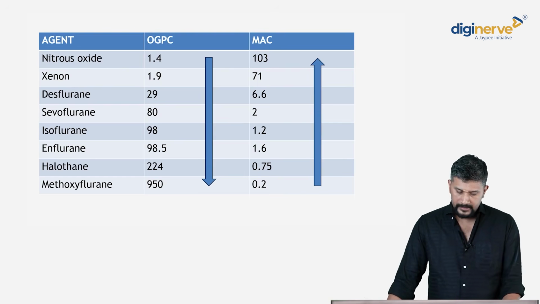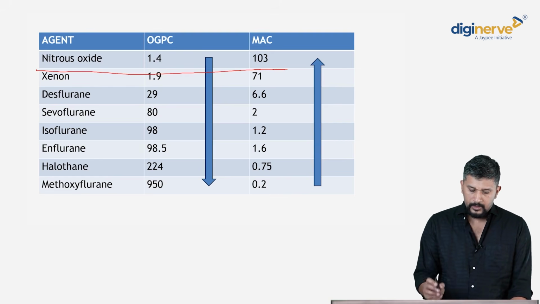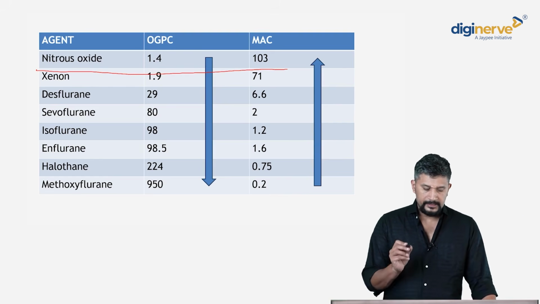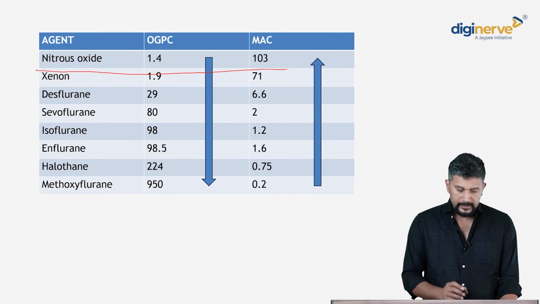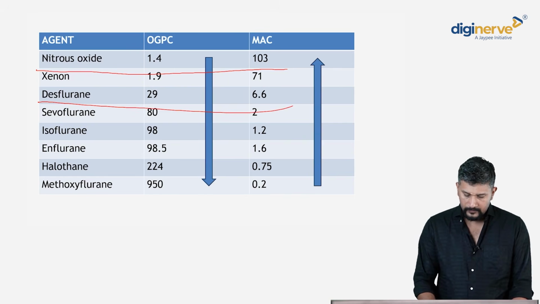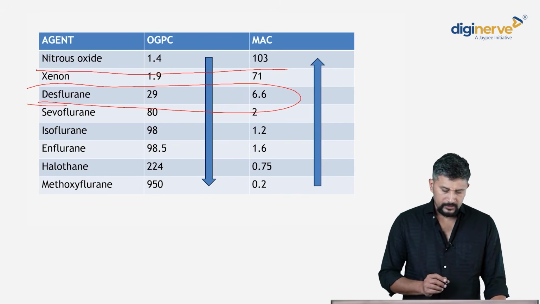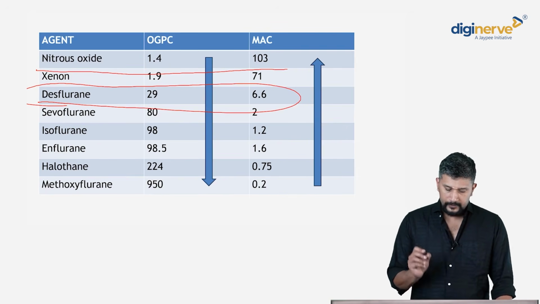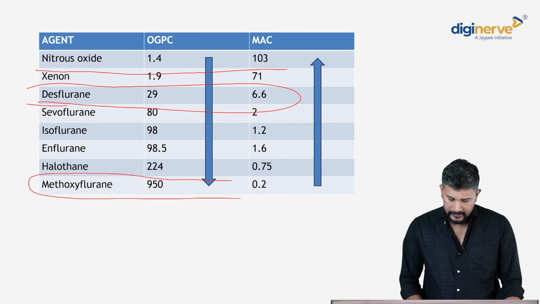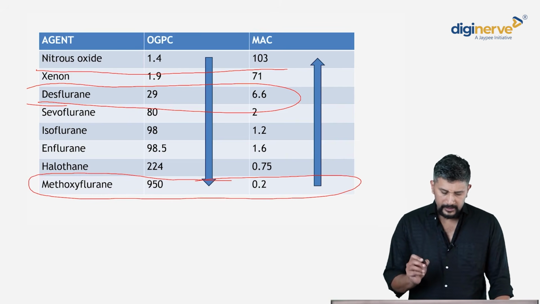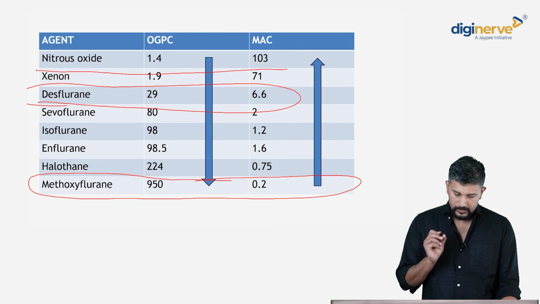So some numbers again, important ones being nitrous oxide with an oil gas partition coefficient which is the least, of 1.4, and therefore the MAC value is 103. Desflurane amongst the fluorinated agents has the least oil gas partition coefficient of 29, therefore the highest MAC value of 6.6. Methoxyflurane has the highest oil gas partition coefficient of 950, and therefore it is the most potent with a